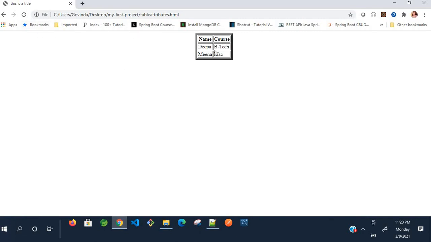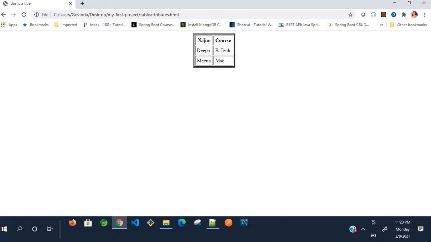See here, there is now space between the content and the cell border. You can see the space between the cell data, that is these names and the headers given in the cell. The content and cell have some space between them.